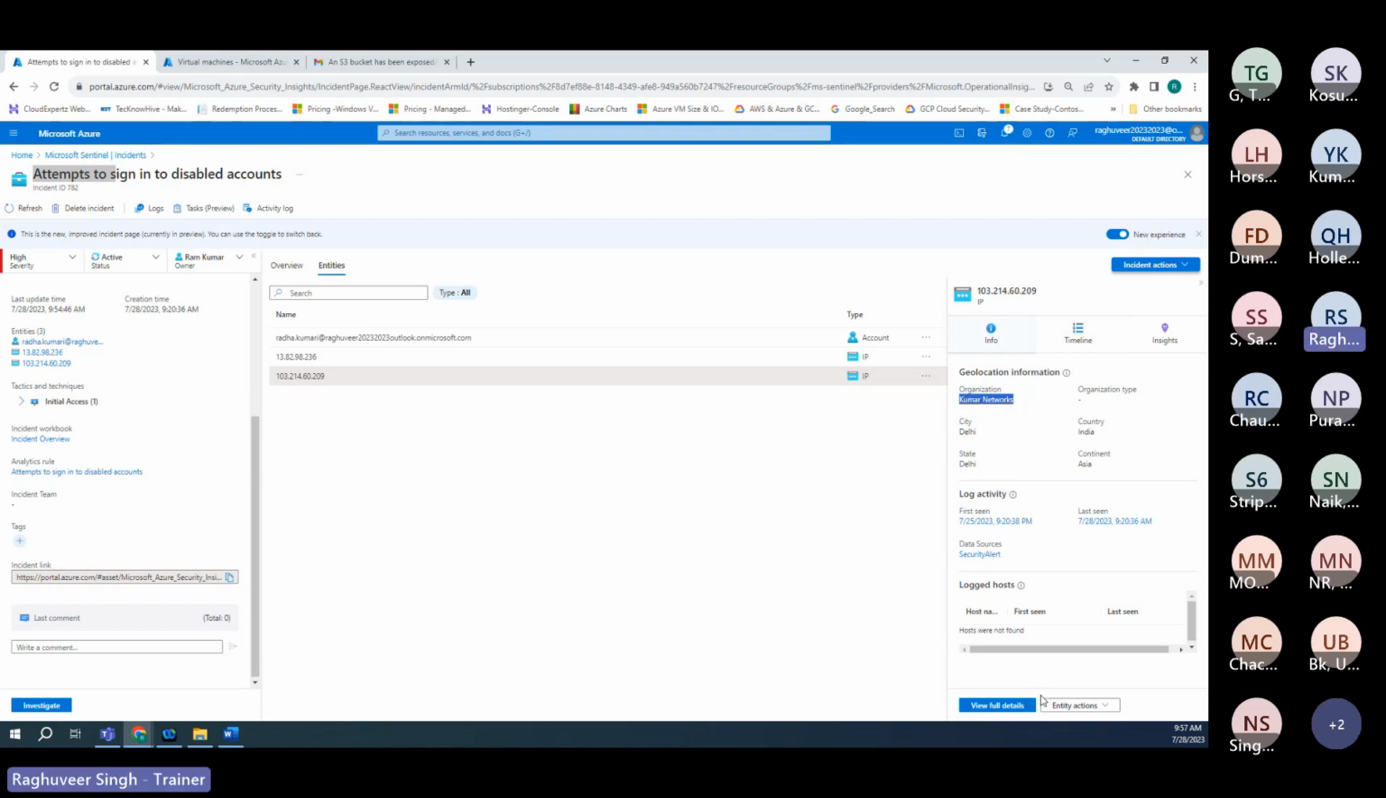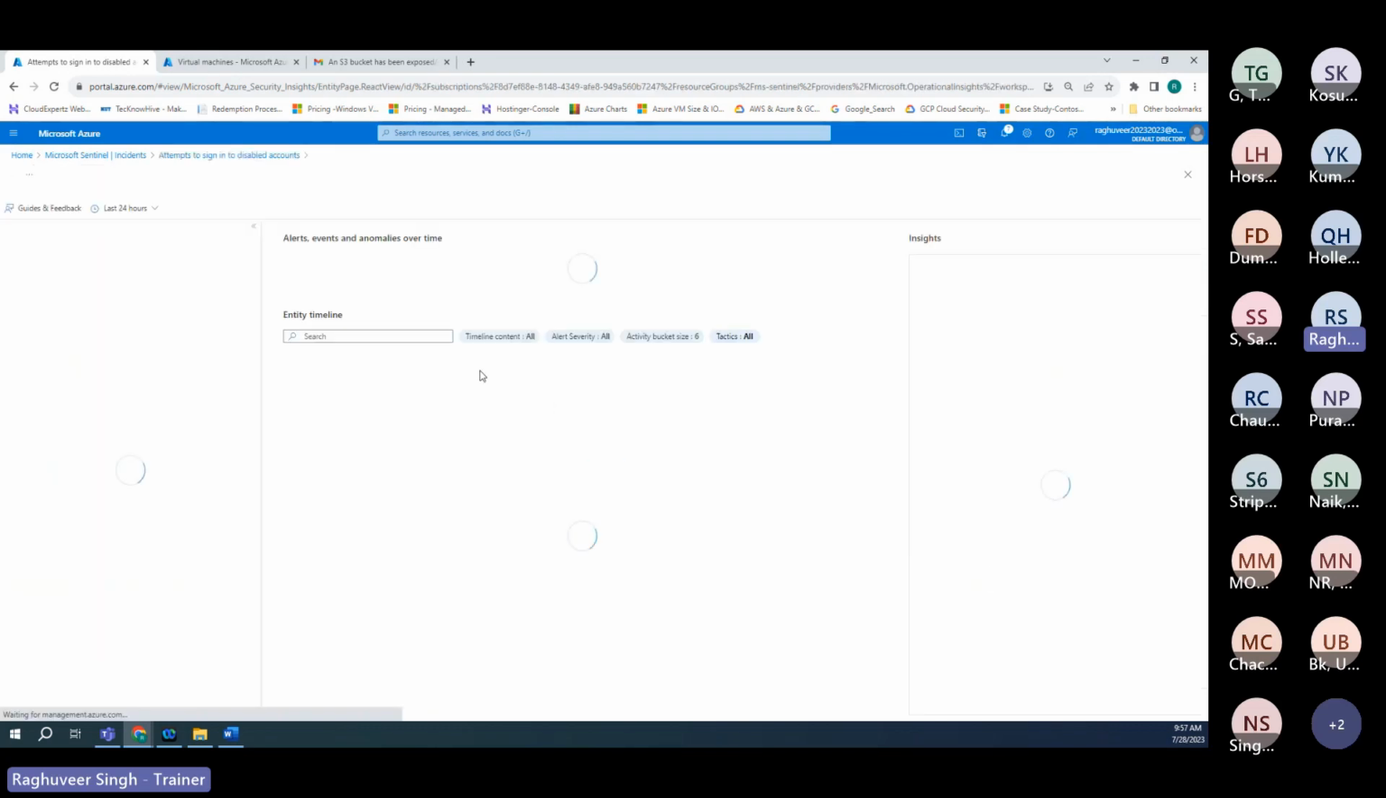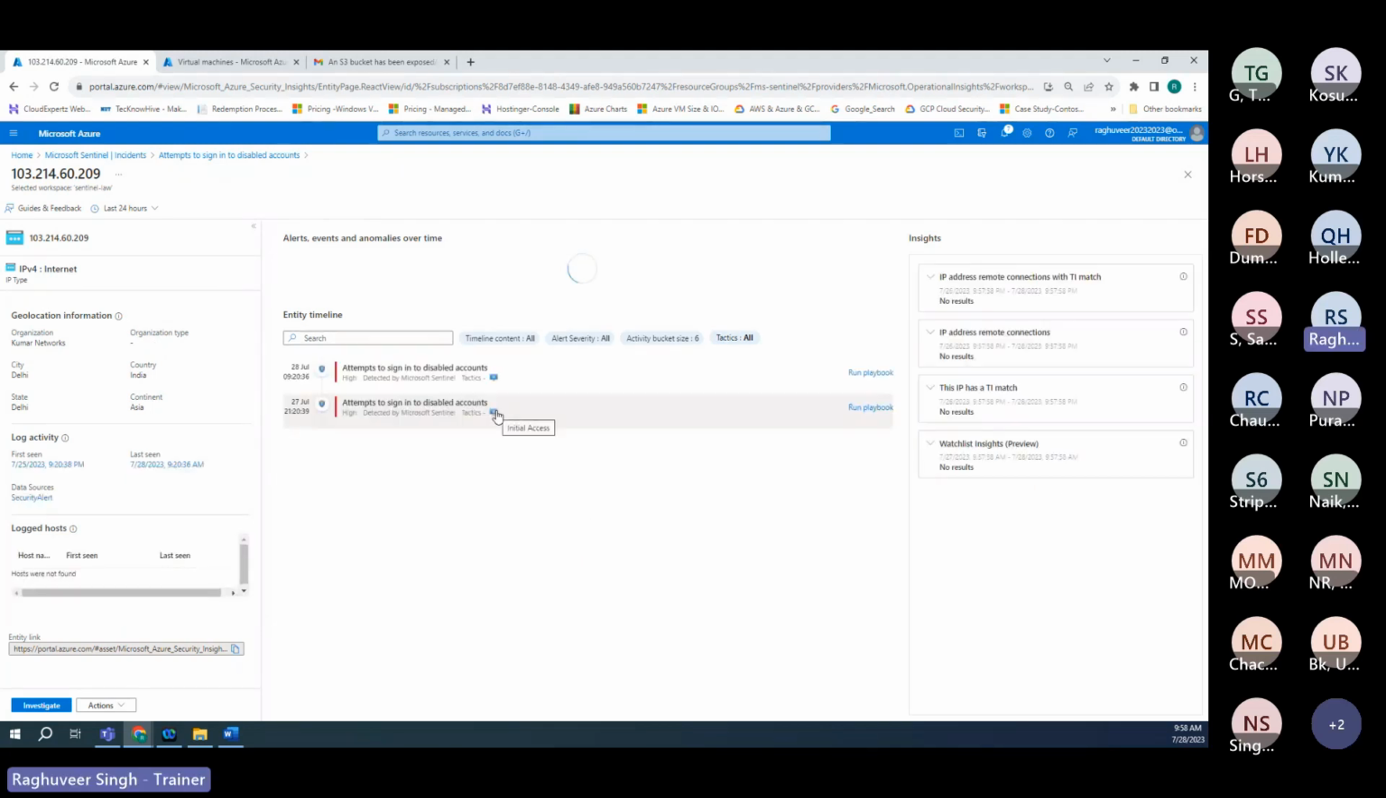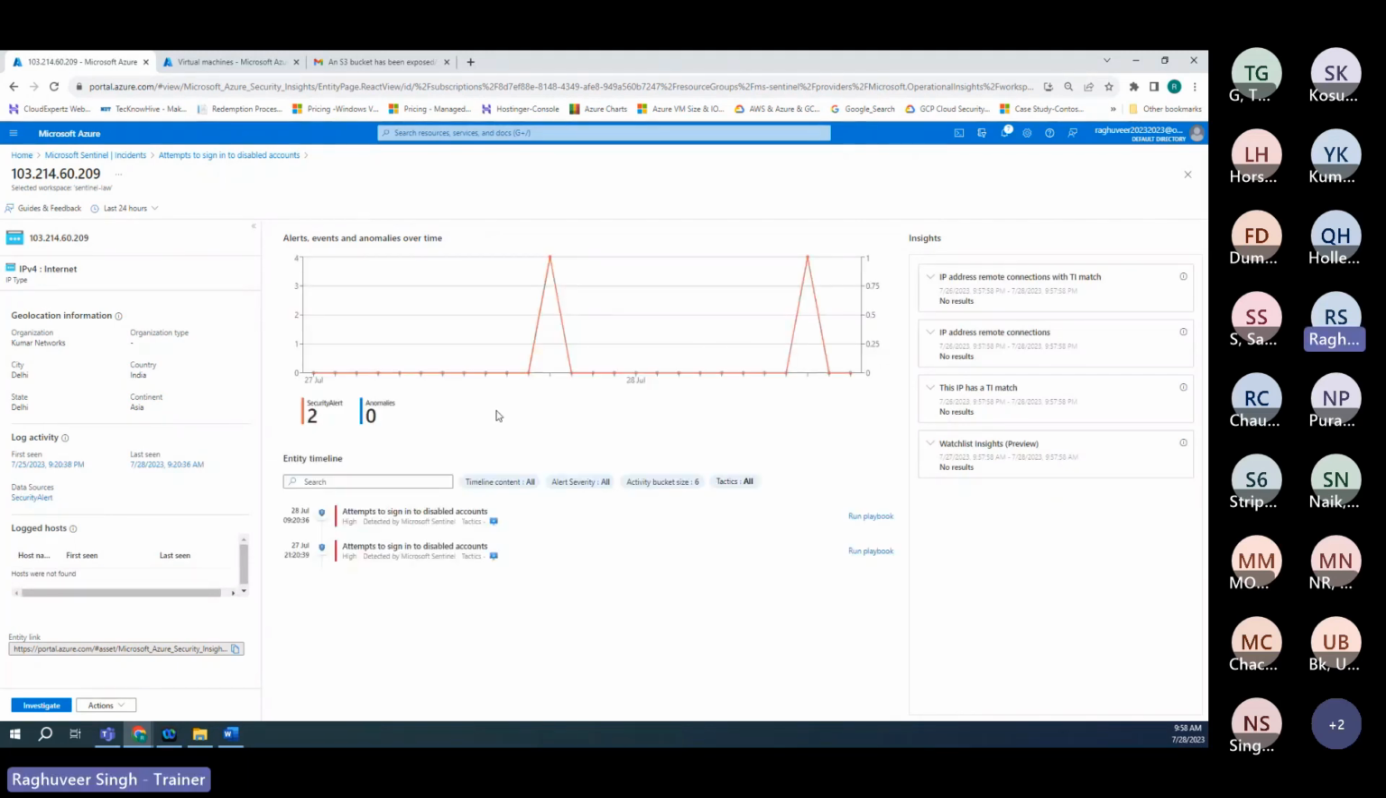So you will see the information here. If you want to see the full details, you can click on full details, and then you will see the full details about this information that you clicked on, about this IP address. And this will also show you if the same IP address has been used in the past or has been involved in other incidents also, because Microsoft Sentinel has this capability to do the correlation